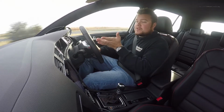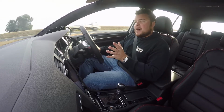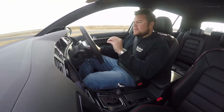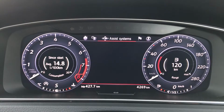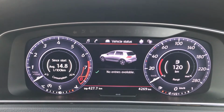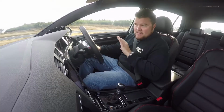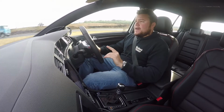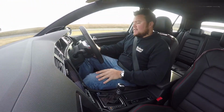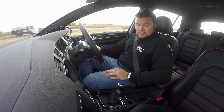I've got a virtual cockpit sort of thing. I don't know if that's right to say virtual cockpit, because that is also Audi's name. But yeah, digital instrument cluster. There we go. Got a digital instrument cluster, which shows me all my navigation, fuel, my trip computer, phone connectivity, and my multimedia things, and it just has everything. Unfortunately, it doesn't seem like you can customize it like you can on Audi, where we can make the dials smaller. I haven't figured that out yet, but yeah, guys, the Golf is a really nice place to be,